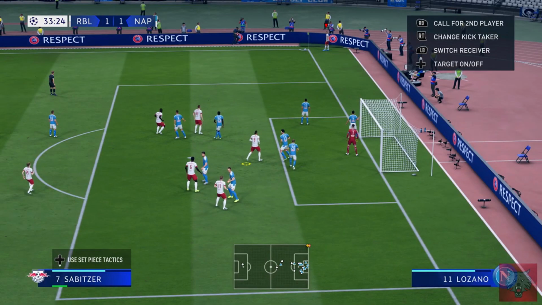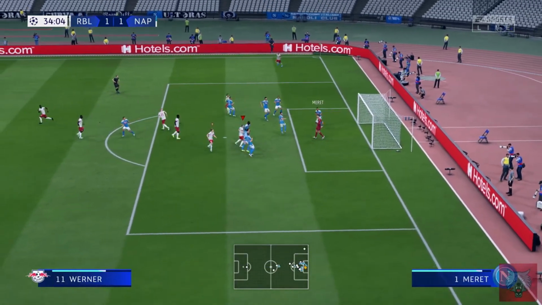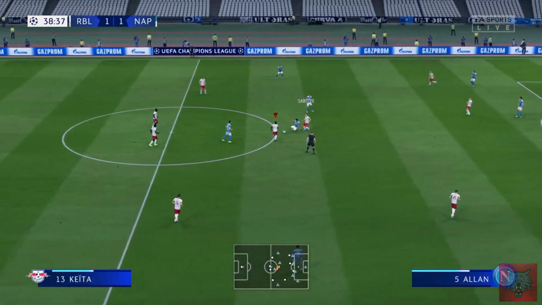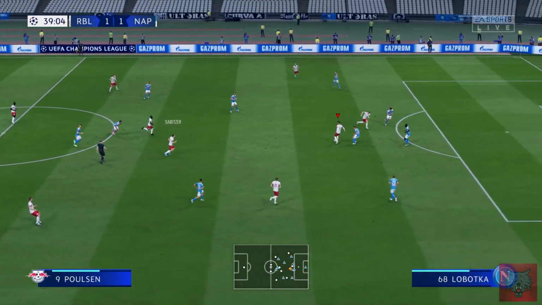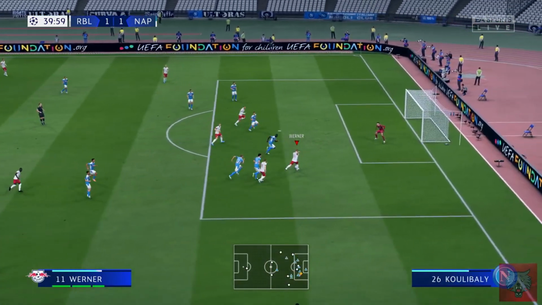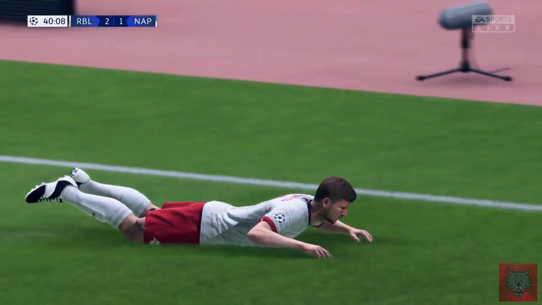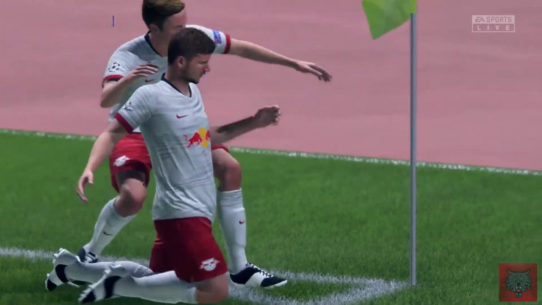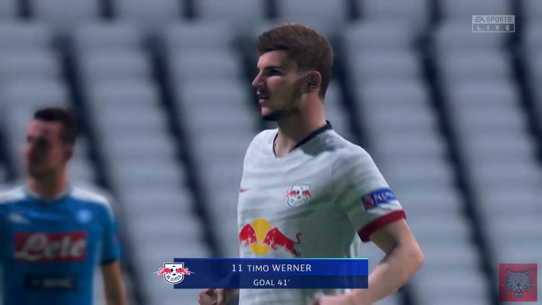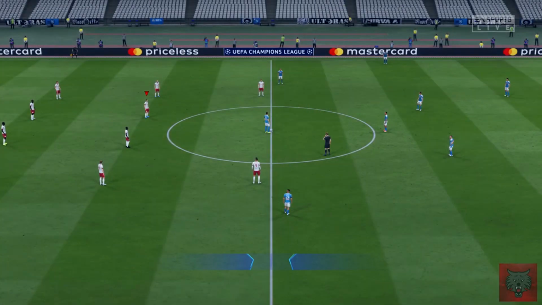From the corner kick here now. Sabitzer whips it into the box, trying to find the head of Timo Werner. He does, but it wasn't strong enough. Sabitzer. Paulsen. Werner. Timo takes his man away. It's Timo Werner with another outstanding goal effort there. Looking to curl it. He does. And it was more of a belt. A stunning goal there by Timo Werner to score his 8th goal of the UEFA Champions League and put Rasenball